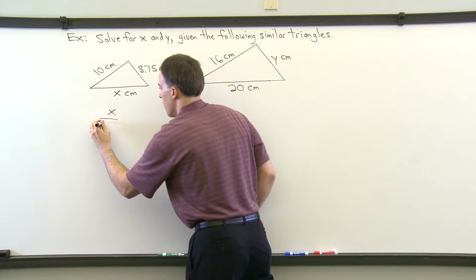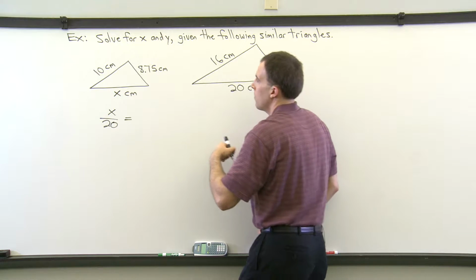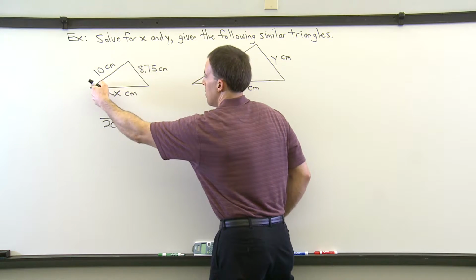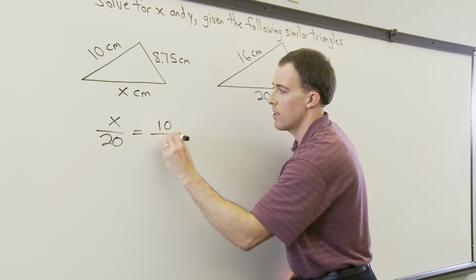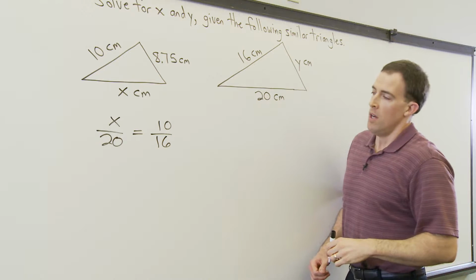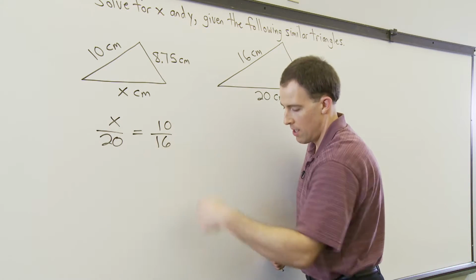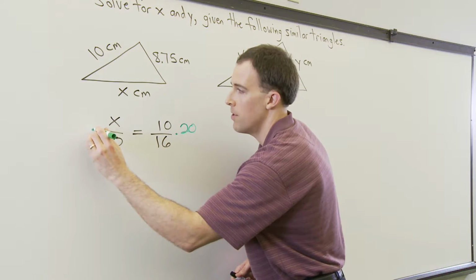So we can set up a proportion X is to 20, or X over 20, equals, and then we could say 10 is to 16. The left side of the smaller triangle is to the right side of the larger triangle. So as 10 is to 16. And then from there, we need to multiply both sides by 20 to isolate X. So we can just take both sides here, multiply by 20,